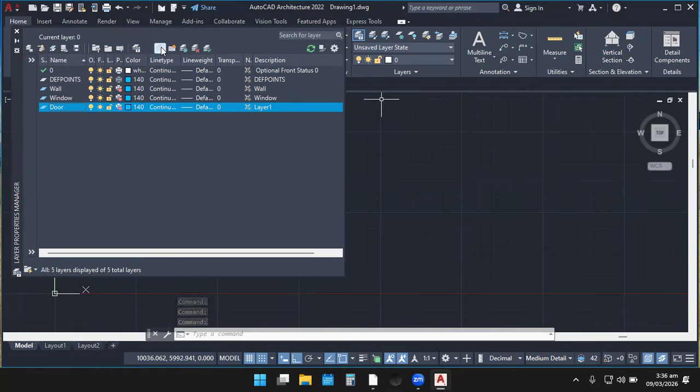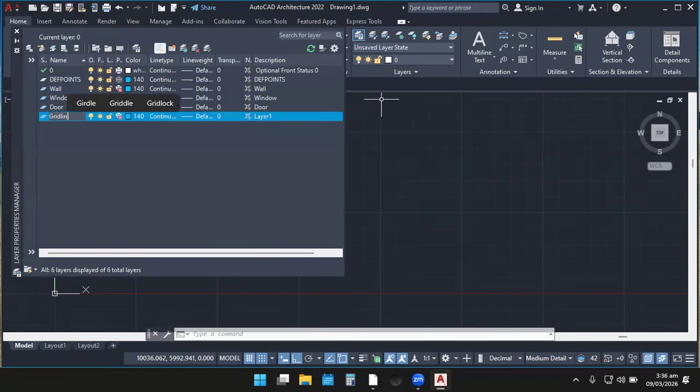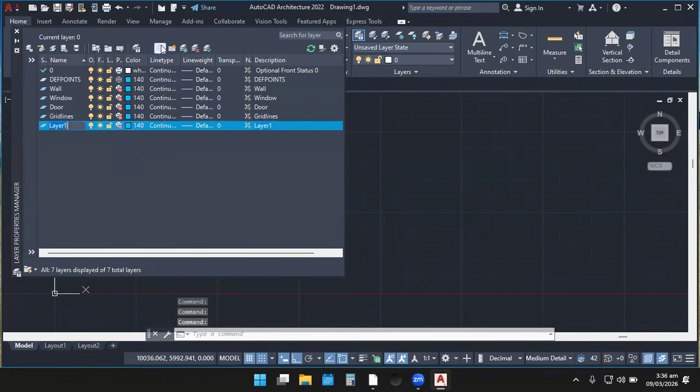Let's continue to set more layers. Now we want to set grid lines. Grid lines. Enter. Also, I want to set more layers, let me say dimensions. So let me enter my dimensions.